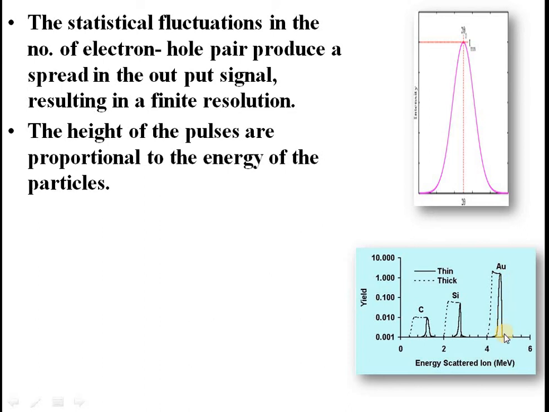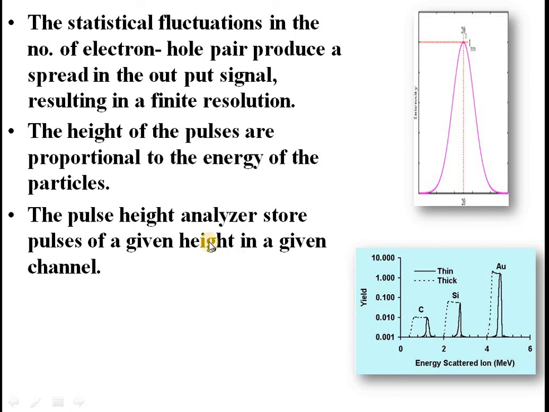You can see in the plot, you have a gold target, a silicon target, a carbon target. They emit projectiles with different energies. Accordingly, they are marked on the spectrum. So from the energy, you can easily identify what the target is. Here we have a no-sample, a gold sample, and a silicon sample. For the no-sample, the spectrum is low.